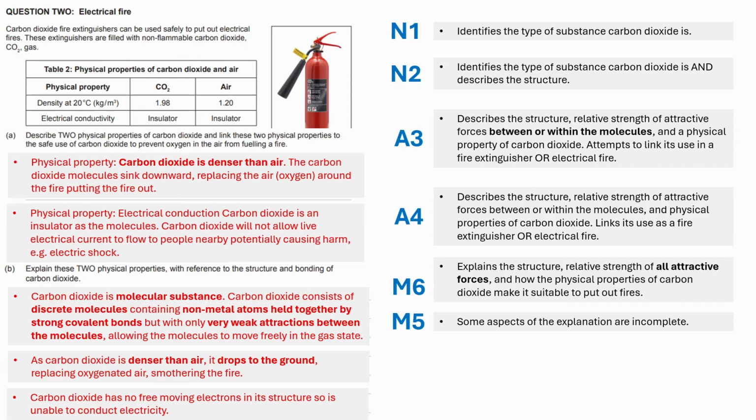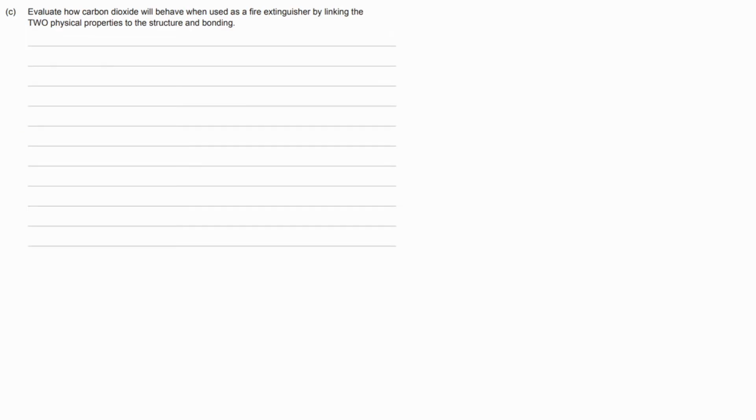Then we've got question C, and question C we're going to use to get our E. So question C, evaluate. This is going to be to get our excellence answer here. How carbon dioxide will behave when used as a fire extinguisher, linking the two physical properties to the structure and bonding. Okay, so carbon dioxide consists of discrete molecules we talked about, of non-metal atoms held together by strong covalent